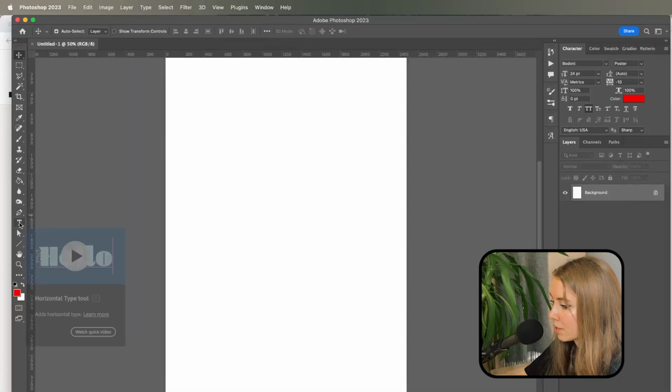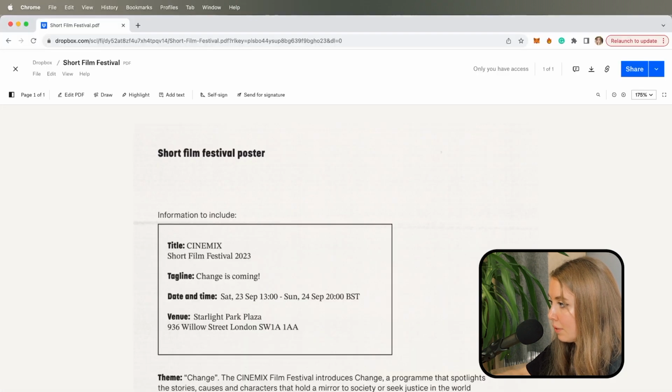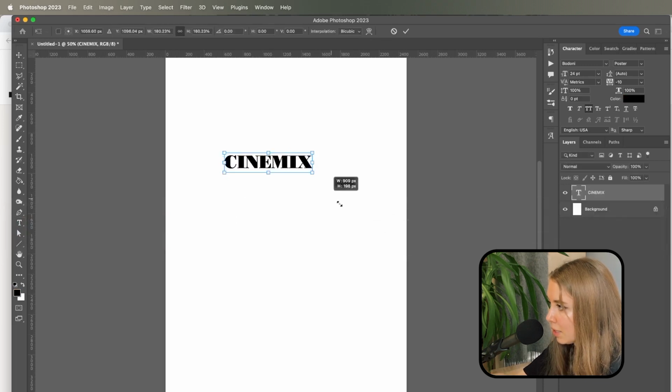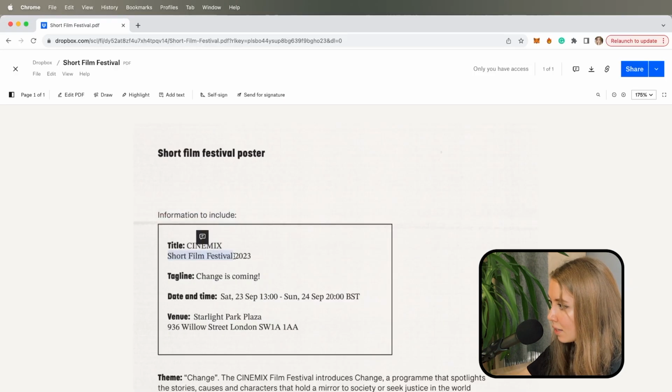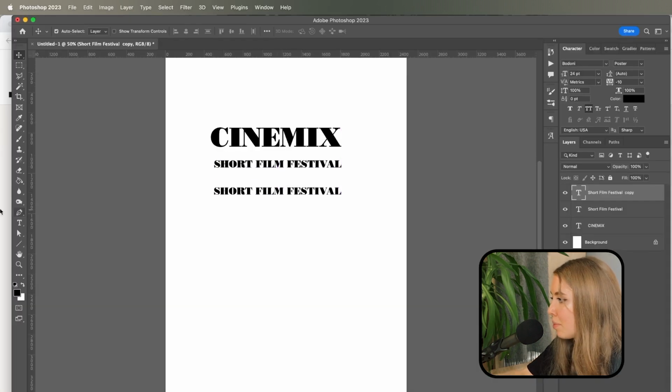Okay, so first things first, I'm going to type in all the text that this poster is supposed to have. So I'm going to go to my brief and just copy and paste all these texts. I don't know why we went for Bodoni. That's a really nice font, actually. I'd love to use it at some point, but definitely not for this one because it's the opposite of what I'm going for. This time it's very vintage to me, like vintage newspaper or something.